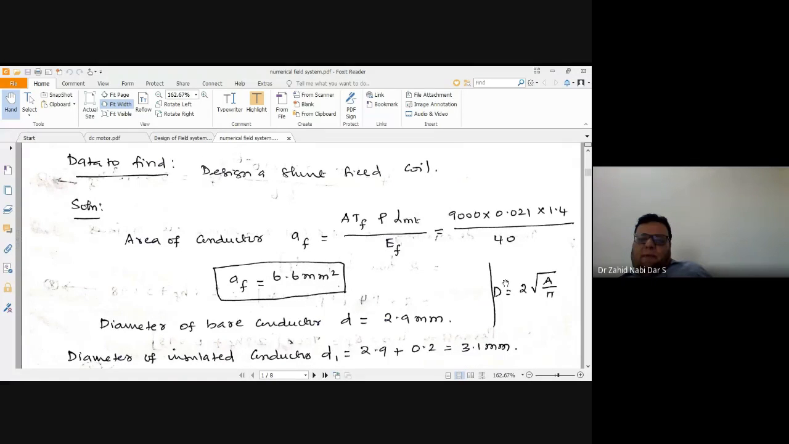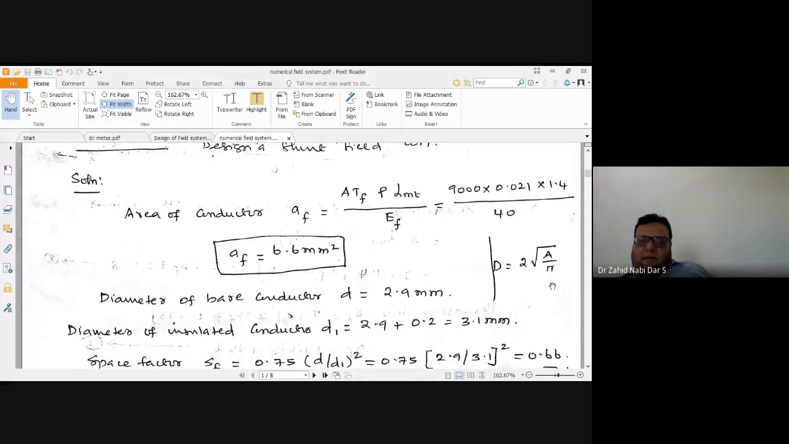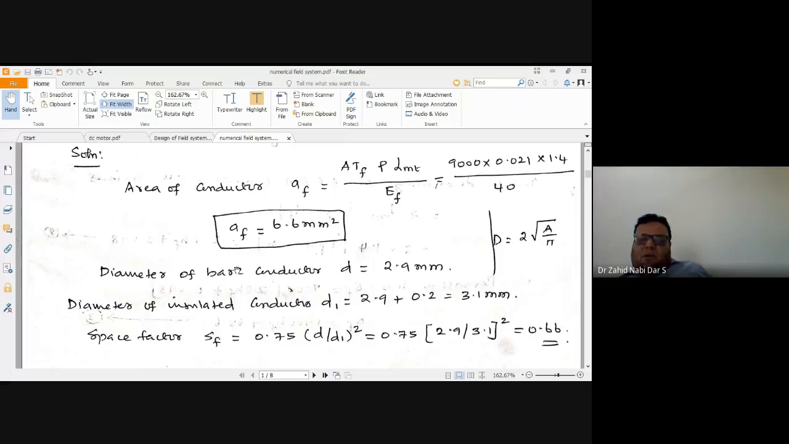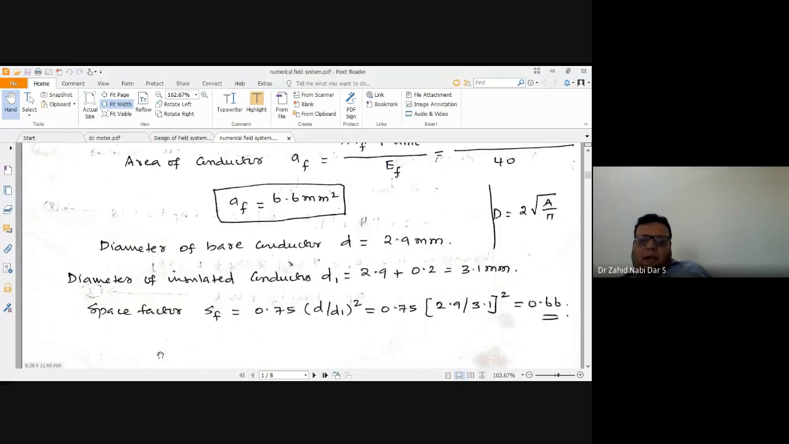Now the diameter is equal to twice under root A by pi. So this also we have to take into consideration. The diameter of the conductor is given as 2 millimeter. Diameter of the insulated conductor would be 2.9 plus 0.2, that is 3.1 millimeter. And space factor happens to be 0.7 d by